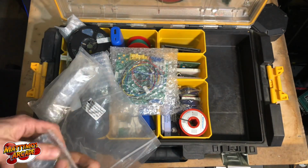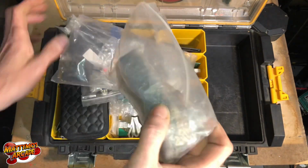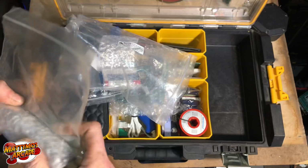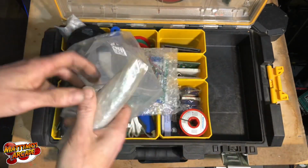I've never had to do that. I just wire in regular stuff. And I think this is a NES. Yeah, this is a NES with 72-pin connector replacement. Same with these. I always fix the old ones, but have one just in case I come across one that